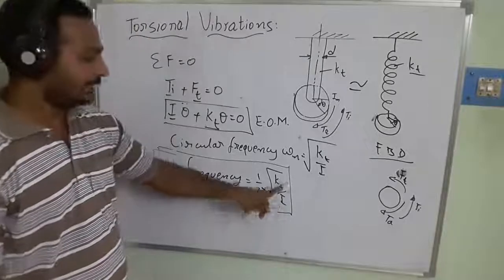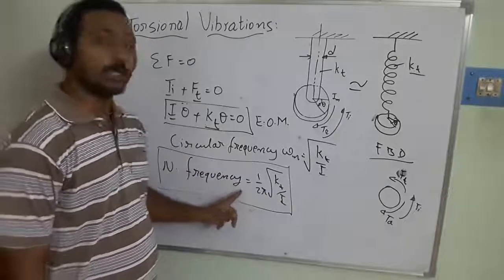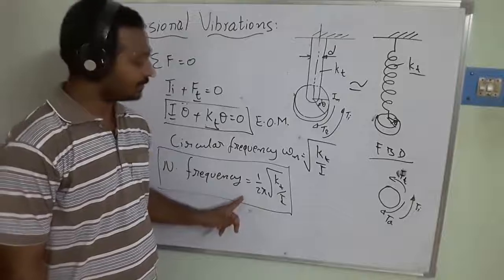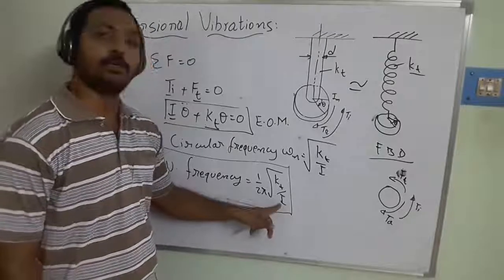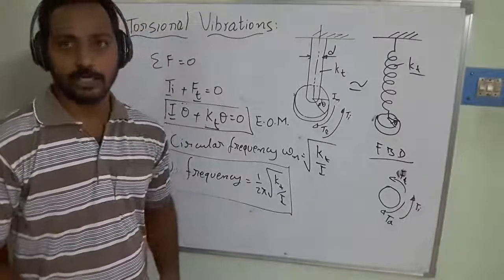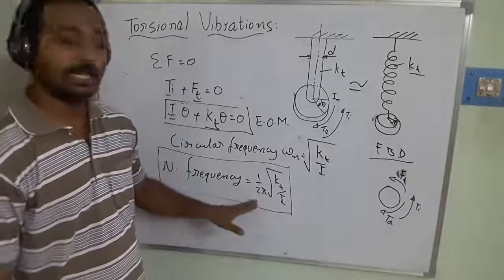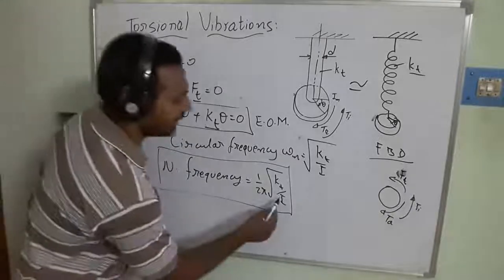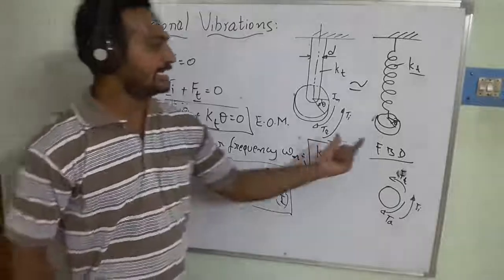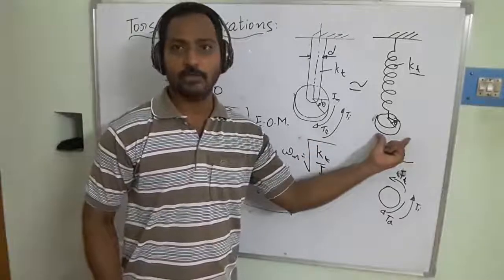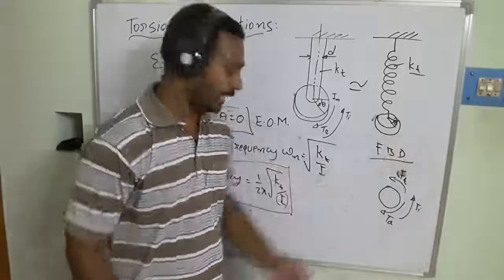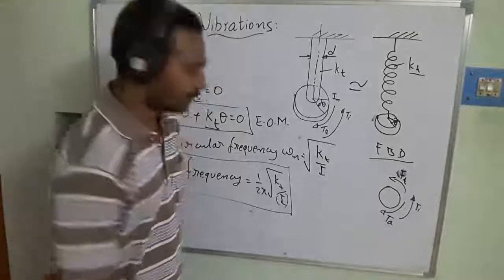As we know, the kT is going to be directly proportional to the frequency of the torsional vibrations and inversely proportional to the mass moment of inertia. This way we are going to be calculating. Then in this case, this I depends on the shape of the object. Here we do have the circular disc. Then for the circular disc, what is the formula we generally use?